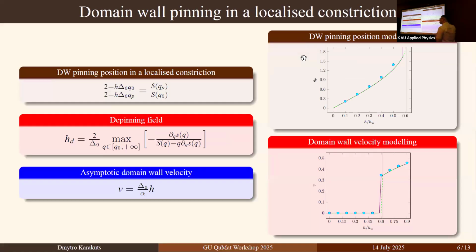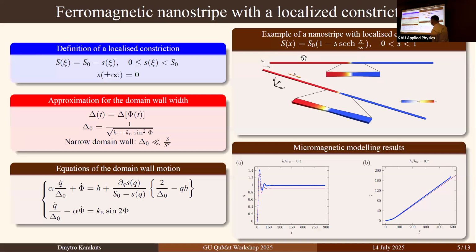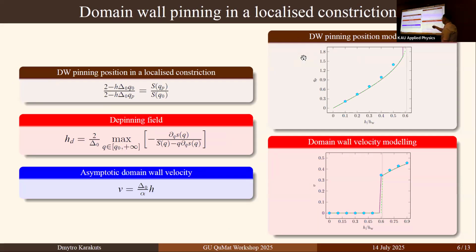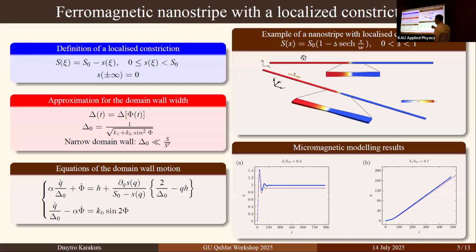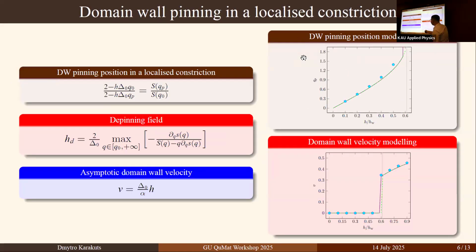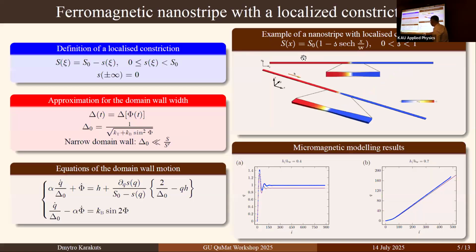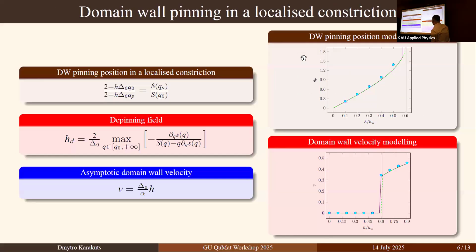To find the pinning position and the depinning field, we have studied these equations of motion near the pinning position and arrived at the domain wall pinning position equation shown here. The domain wall leaves its pinning position for fields larger than the pinning field, which was derived from this term. As you can see here from micromagnetic simulations, for smaller fields, the domain wall is pinned and its